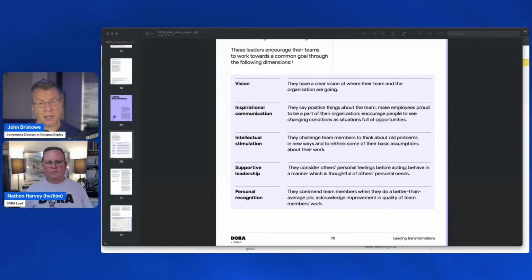That's another style of leadership that I like to think of when I think of leadership on a software team. But it's that bottom up approach as opposed to top down. Is that something that you guys were thinking about as well in the report?